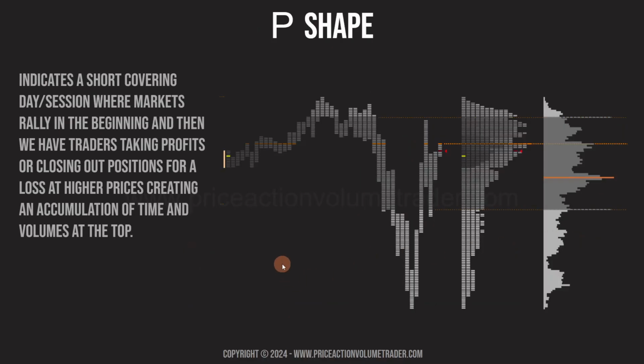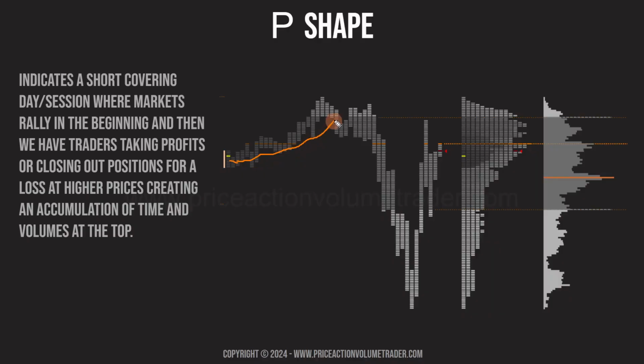Then finally we have the P-shape profiles. This indicates a short covering day session where markets rally in the beginning, and then we have traders taking profits or closing out positions for a loss at higher prices, creating an accumulation of time and volumes at the top. Okay, so what do we mean by short covering? Where you can see this day